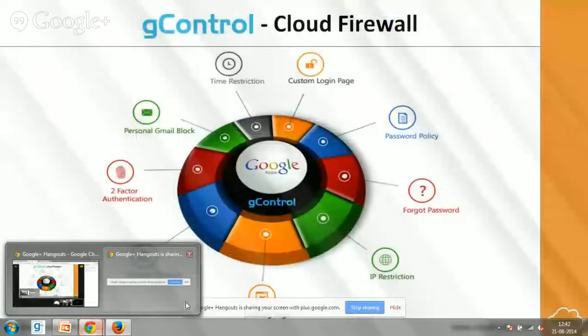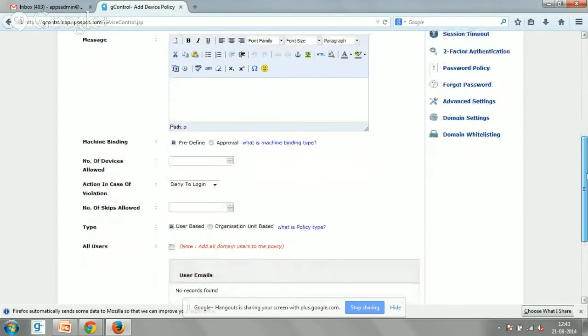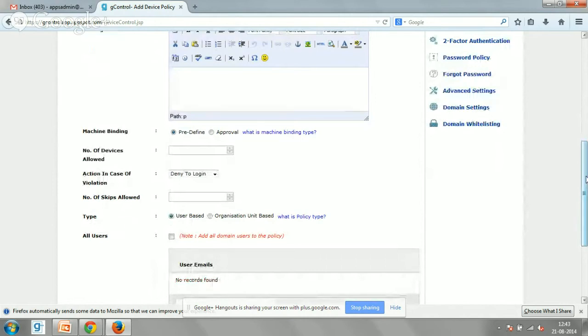a very typical scenario where the MAC ID of the users is not known. So what the admin does is implement the policy and start collecting the MAC IDs. That's what we did for this large organization. We kept this entire policy on for 2 weeks, where we kept getting the MAC IDs of all the users. And then we started approving those MAC IDs which were required.